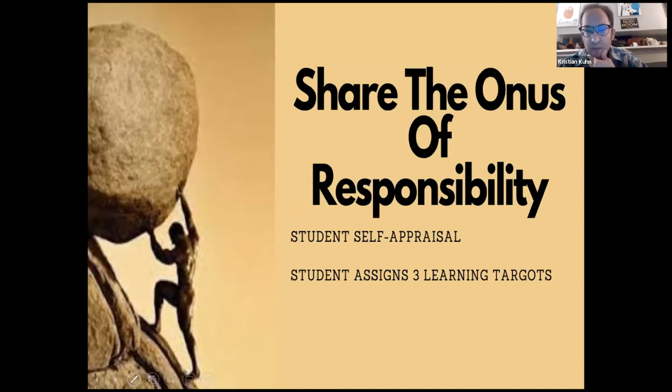You're going to run into grade grubbers. AP kids are probably the worst about that, but they tend to get good after you have a couple of conversations with them. And then the big thing that I do is this. At the end of the essay, I say, assign yourself 3 learning targets. What are 3 things you're going to work on in the next subsequent draft or essay or revision? They submit all that back to me. I look at how they color coded it, I look at the comments they put in the margin, and we have a conversation.